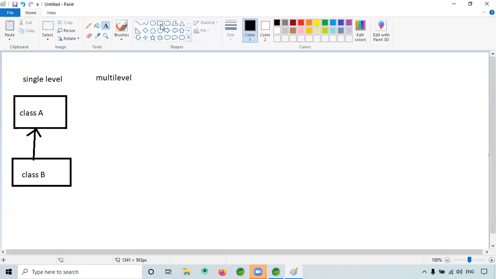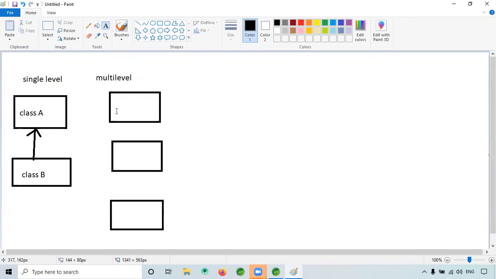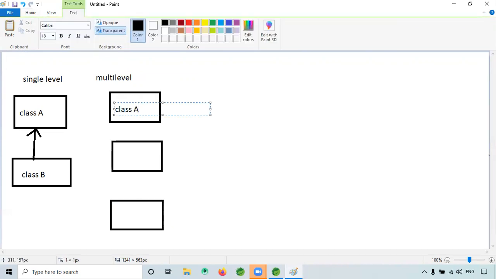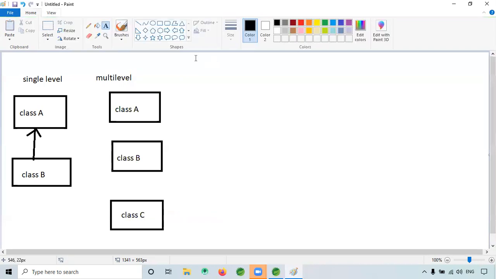In multi-level, you will have one more class: class A, class B, class C. Here, class C is able to access from both B and A.